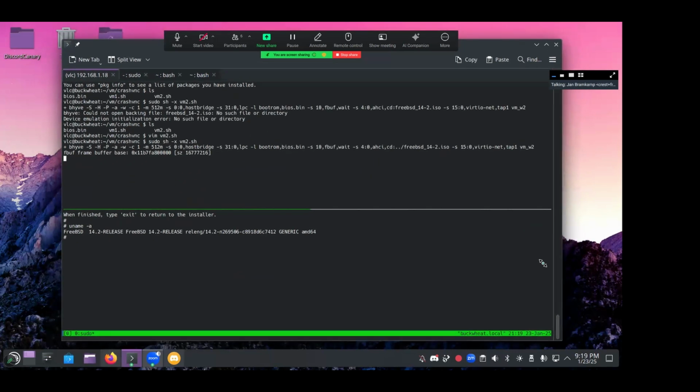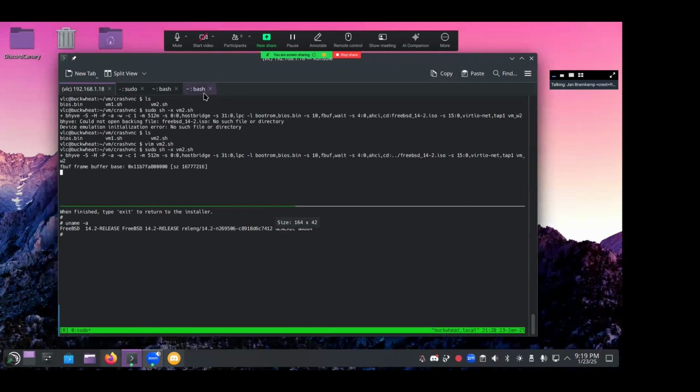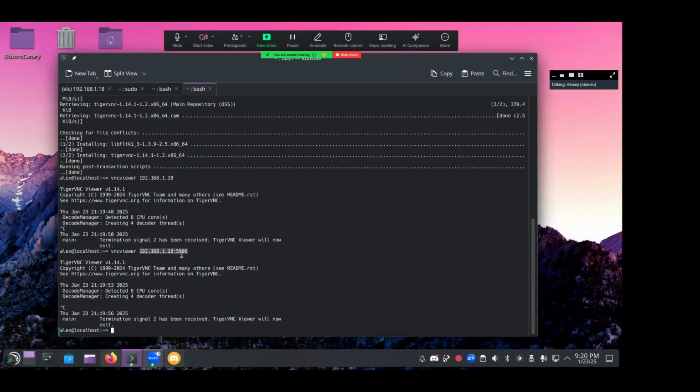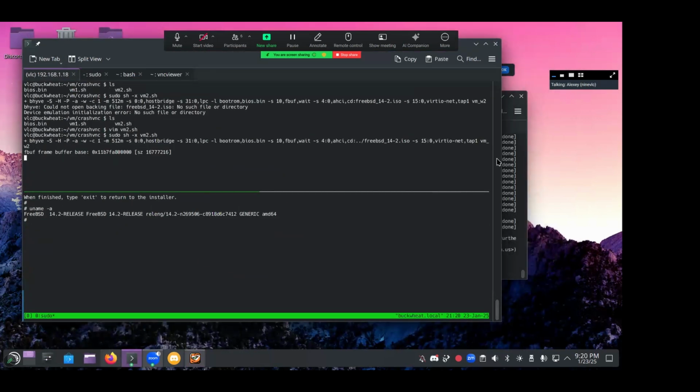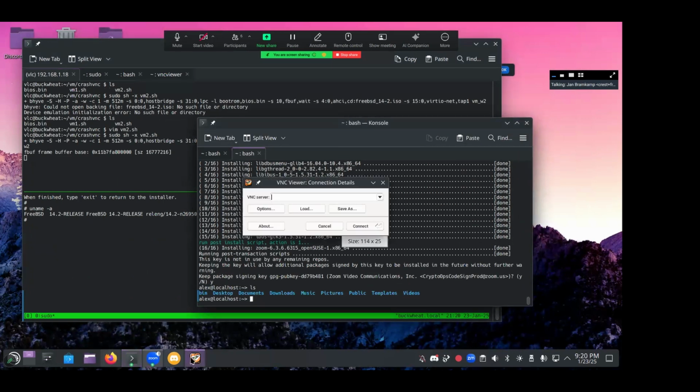Do you have to specify the IP address? Yes, that's specified. Try loopback if it's on the same system. It's a different system. Okay. Can you ping the IP address? Does NC work?